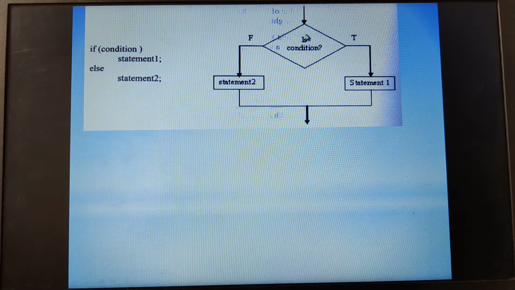It is important to know that after executing either statement 1 or 2, the compiler goes to the next statement in the program. Either the true part or the false part has to be executed. Only once one of them has been executed does the control jump to the next statement. Here also we have to evaluate either true or false, and after that the control goes to the next statement. I hope, children, you are able to understand.